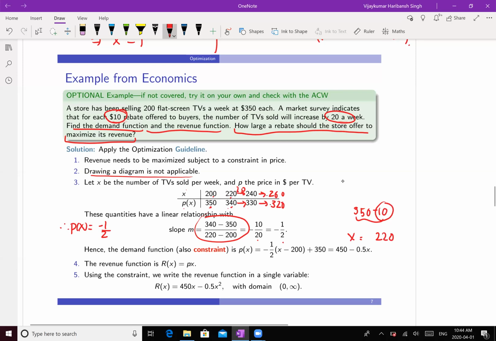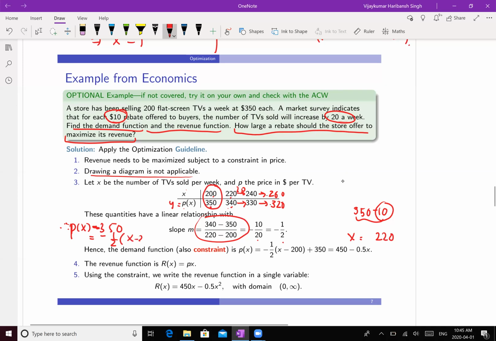So let's use this point as (x0, y0). So we get P(x), which is like y, so P(x) minus 350 equals minus half, which is the slope, times